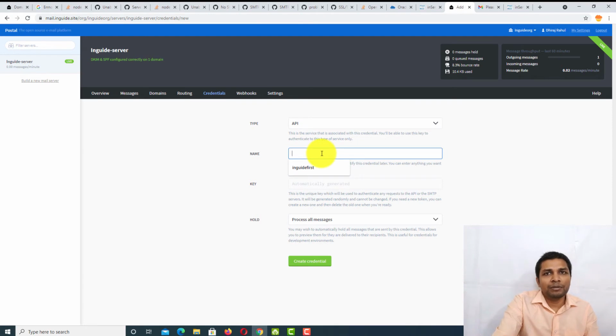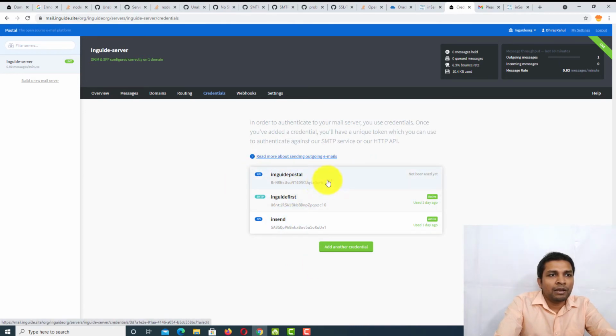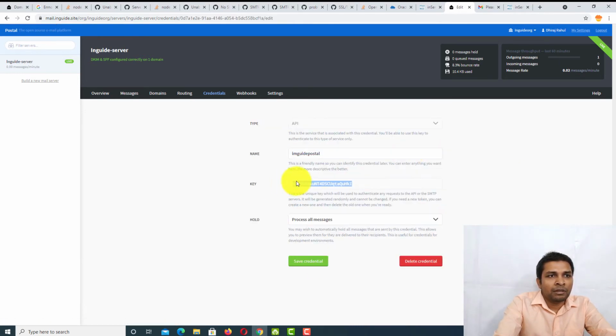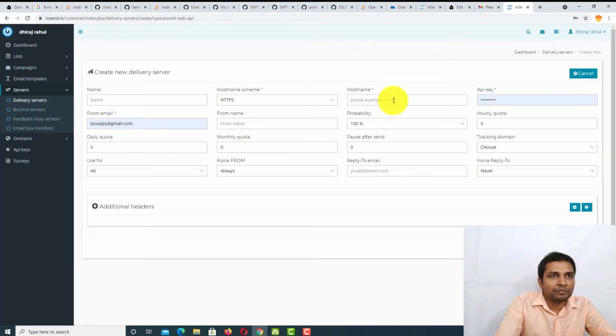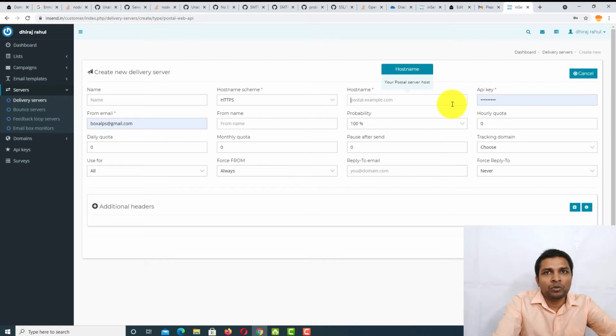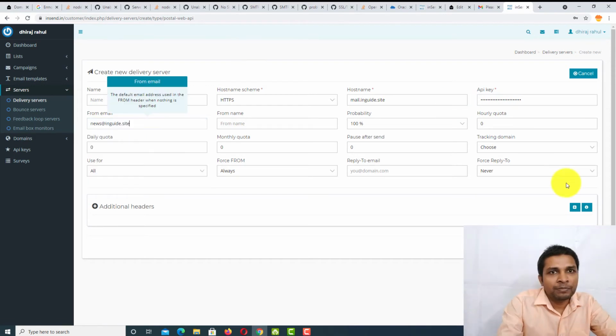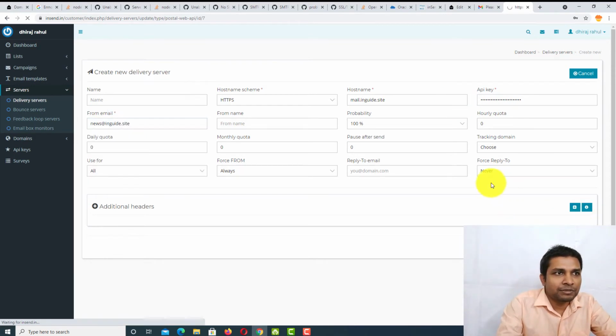After that give it some name, and click on create credentials. And now here you can see the API key. Let me copy it, and then you have to type the host name here, and then API key, and then from email. After that click save changes.